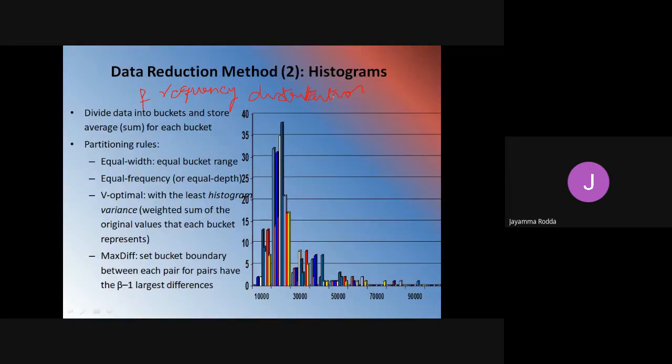That is, how many observations take the value within a certain level. Like here you will see, this is the histogram, right? In this histogram,